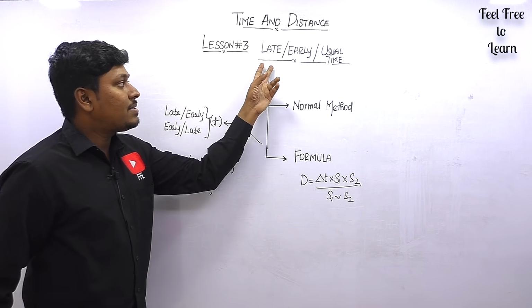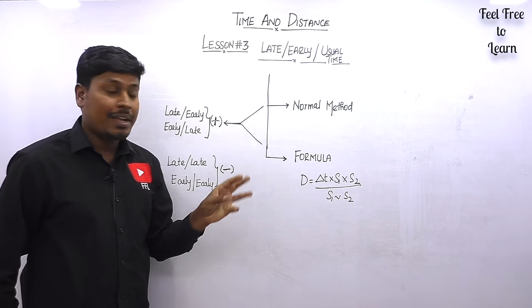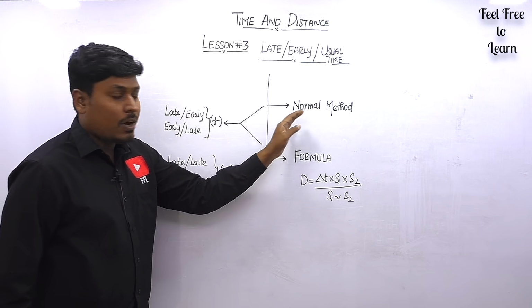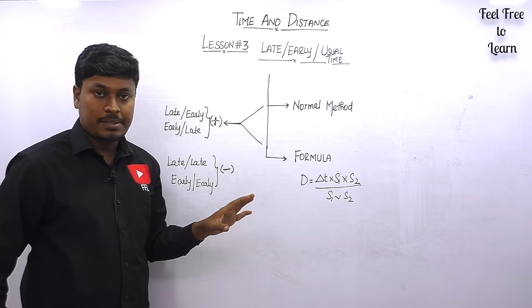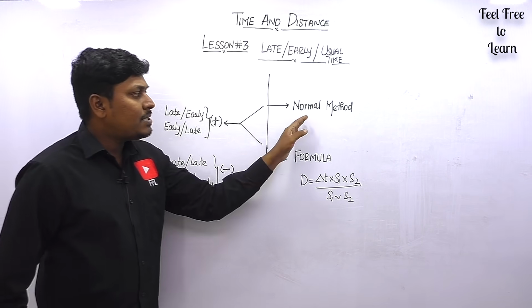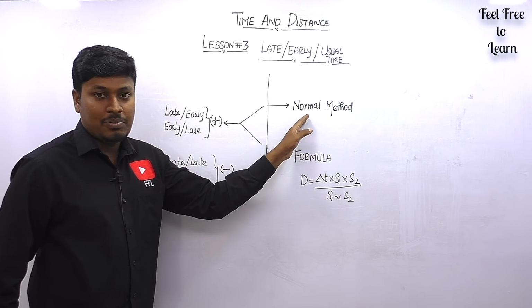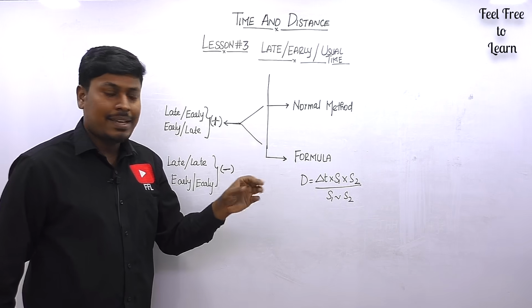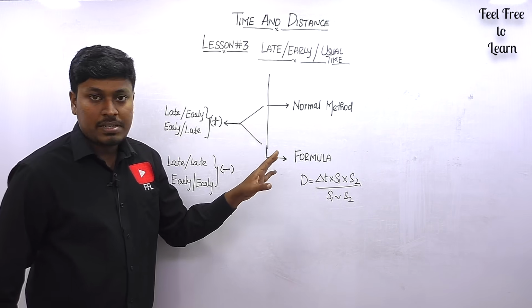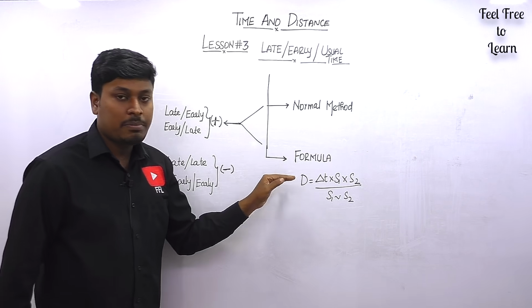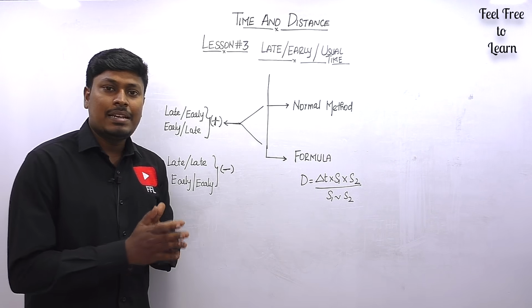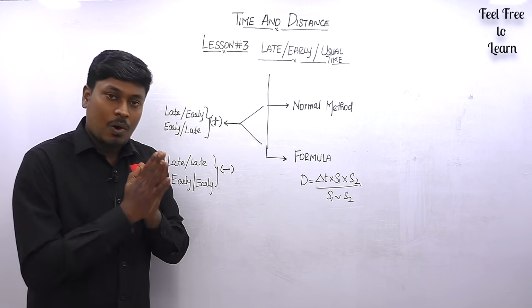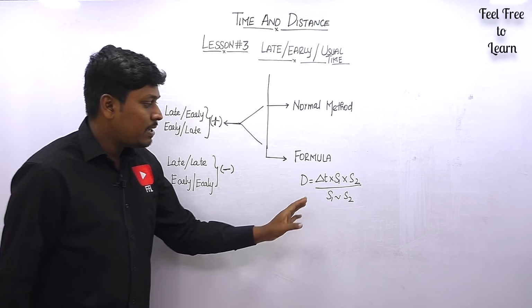that are based on this late and early concept you can solve by a normal method or otherwise by a formula method, right? So the normal method is basically what was followed in our textbooks or otherwise some foreign author books. If you have any aptitude textbooks, I'm just going to solve all the questions by a normal method and also by a formula method. But remember that 100% of the questions can be easily solved by applying